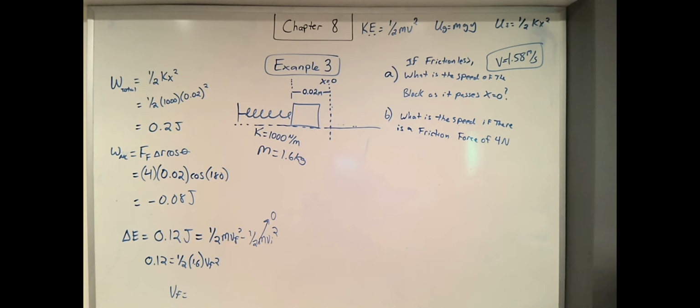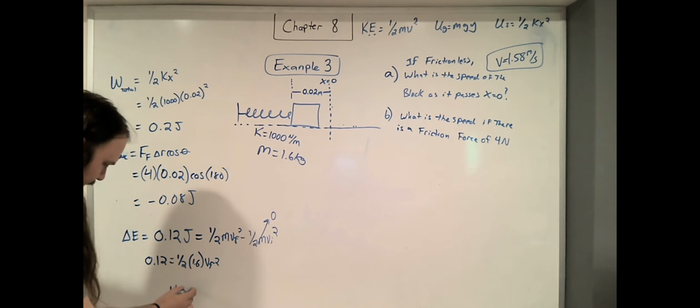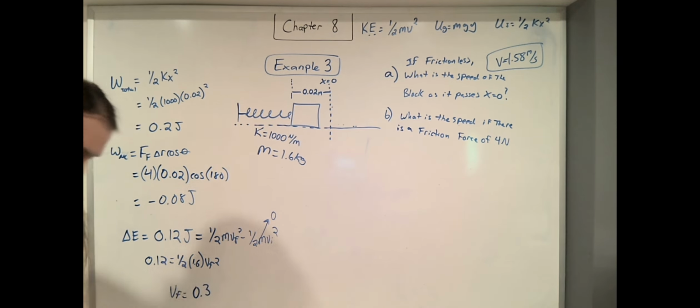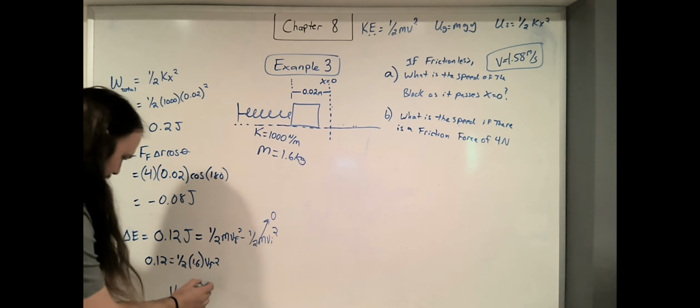So let's take 0.12 and divide it by 0.8, because that would be the 1/2 times 1.6. That gives us 0.15. Let's take the square root of that, and that gives us a very slow velocity. That is 0.3, we're going to round to 9